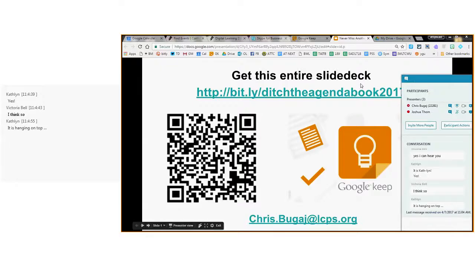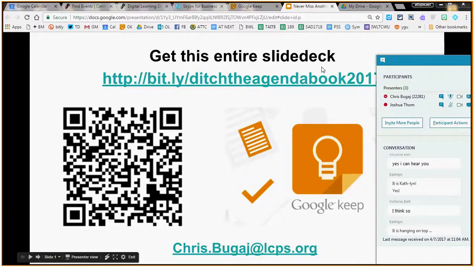Okay, cool. So this entire slide deck, the presentation I'm going to show you, talks about Google Keep here today, and how we can ditch the agenda book. This entire slide deck is from that URL. So if you want to bring up a second device and scan that QR code, or type in that URL, all the slides, everything, if you want to go back and look at it again, are from that URL, which is